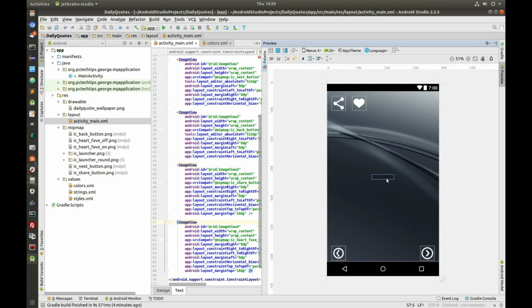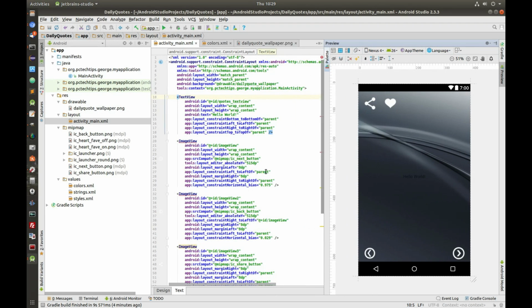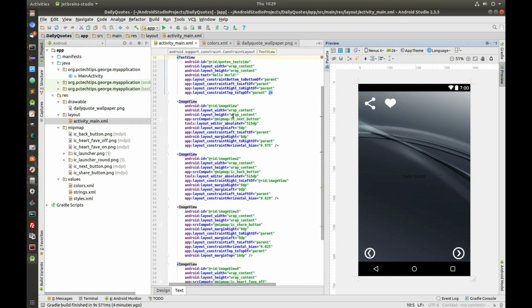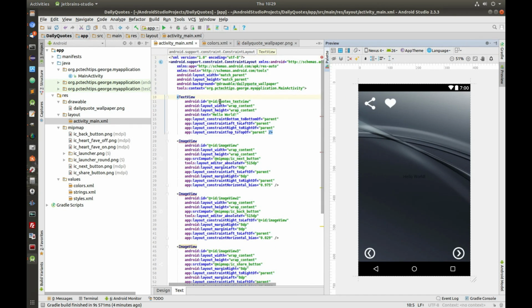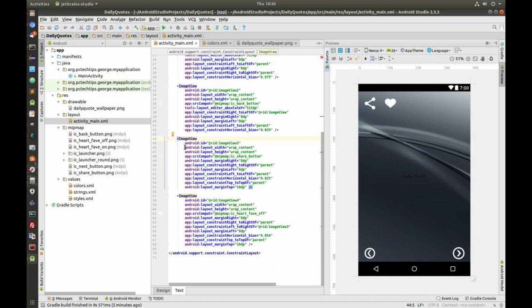Alright, so let's put a dummy quote here to see what we got so far in the application. And I need to, by the way, change the ID of all these elements. So if you want to go to a specific element, just right click on it and go to XML, and I'm going to name this one